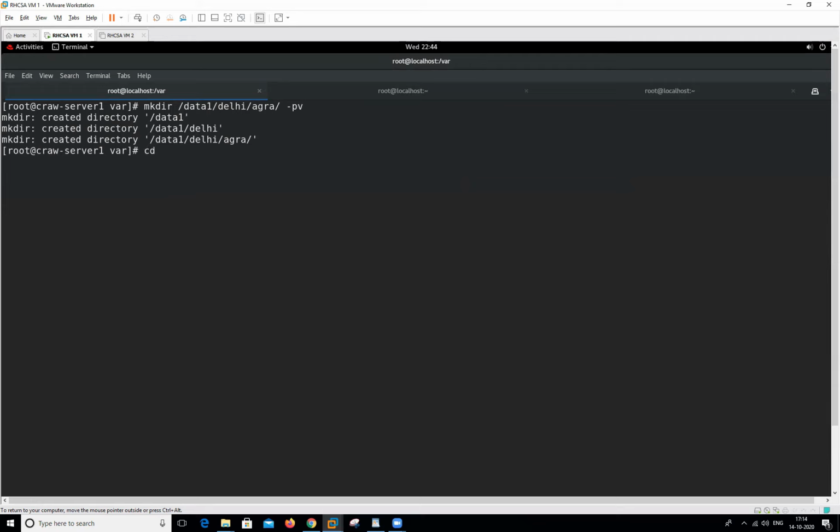And we want to move to data and data1, then this. Which path have I used here? This is called an absolute path, and this one I am also using an absolute path.